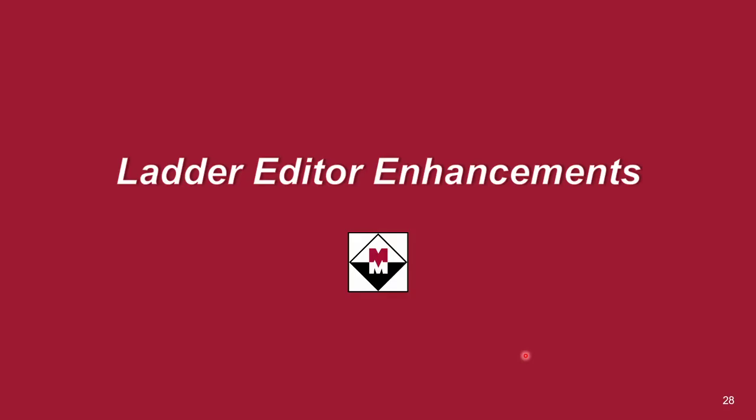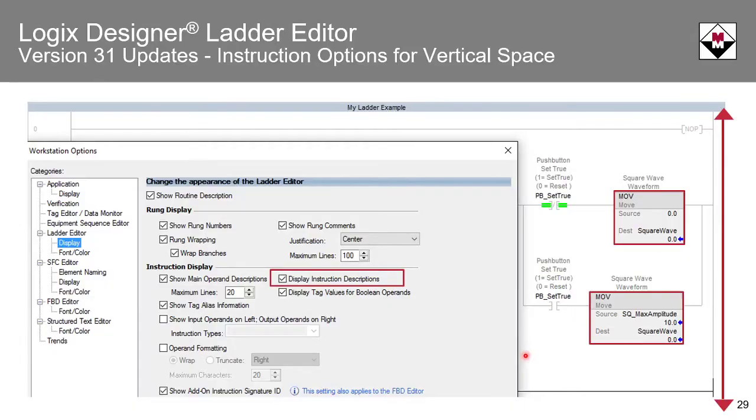Now we're going to move on to ladder editor enhancements. So they tried to make some enhancements for vertical space. If you go into your workstation options under ladder editor display, there's a display instruction descriptions option, and right now it's checked. What that refers to, if I have an instruction, for instance, this move block,